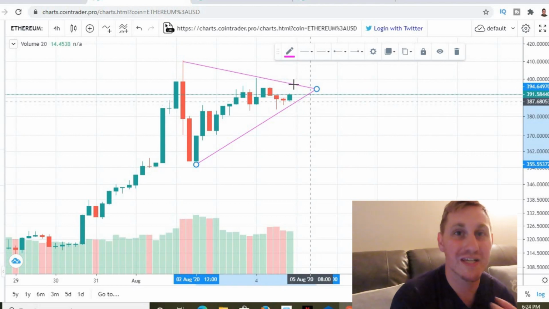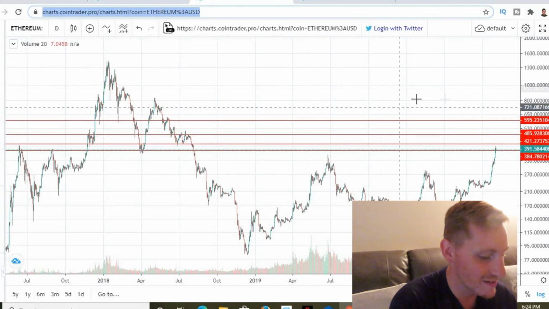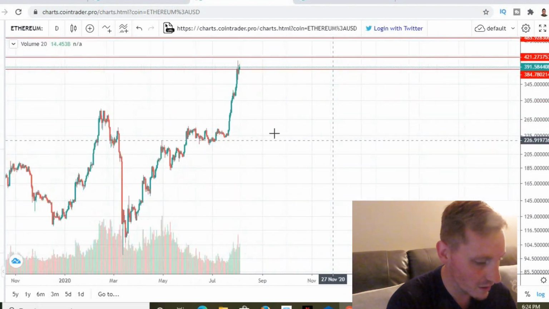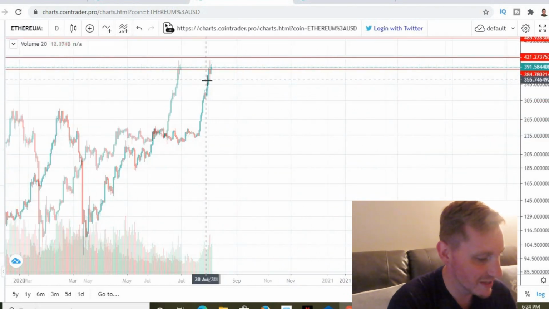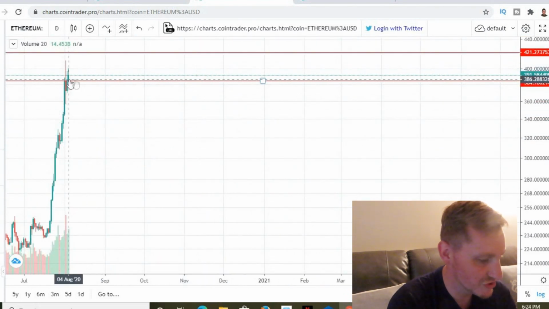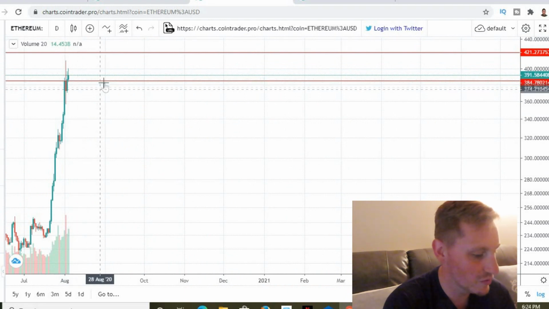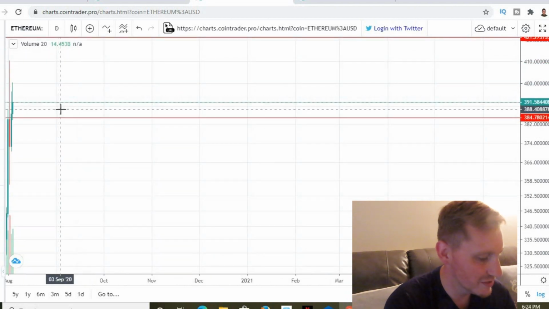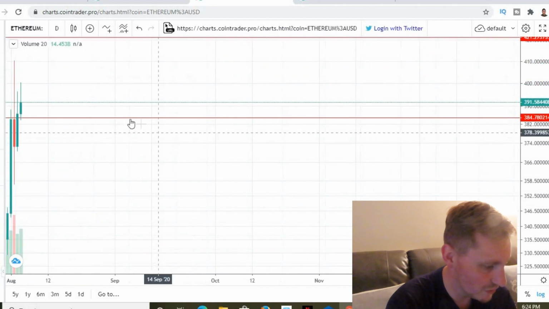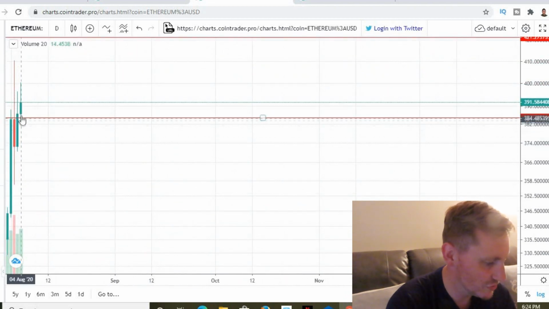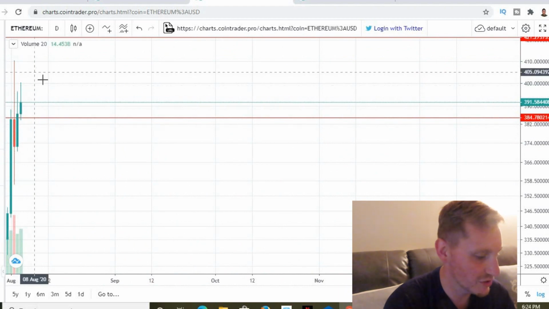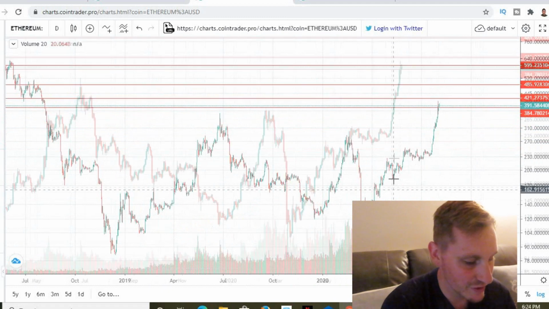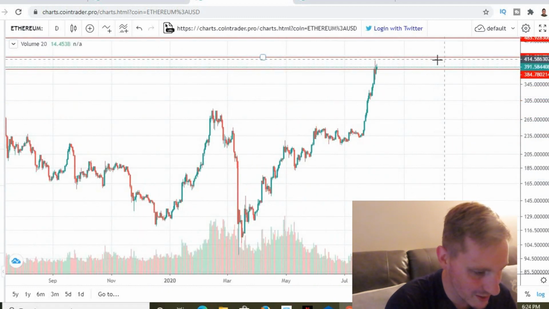Now let's jump on to the second chart I want to look at today, and that is the resistance lines that we have coming up. As you guys can see, we did get resistance on this resistance line that we talked about in our last video at about the $3.85 mark. We did actually break through it, though. If we zoom in here, we did break through it, and now we are pumping up over that. So our next resistance line for Ethereum could be about at this